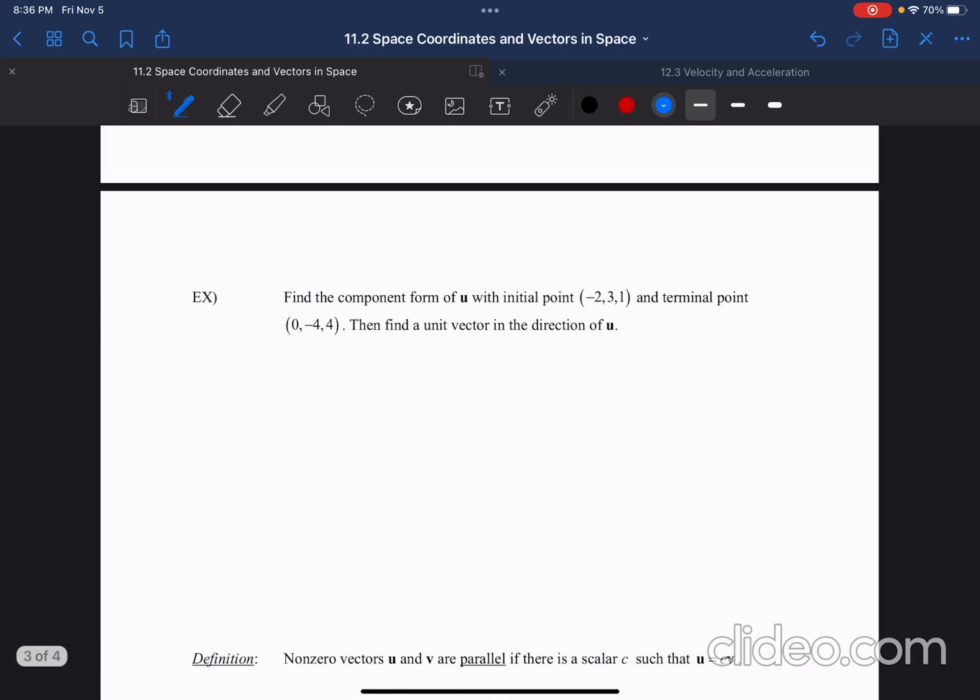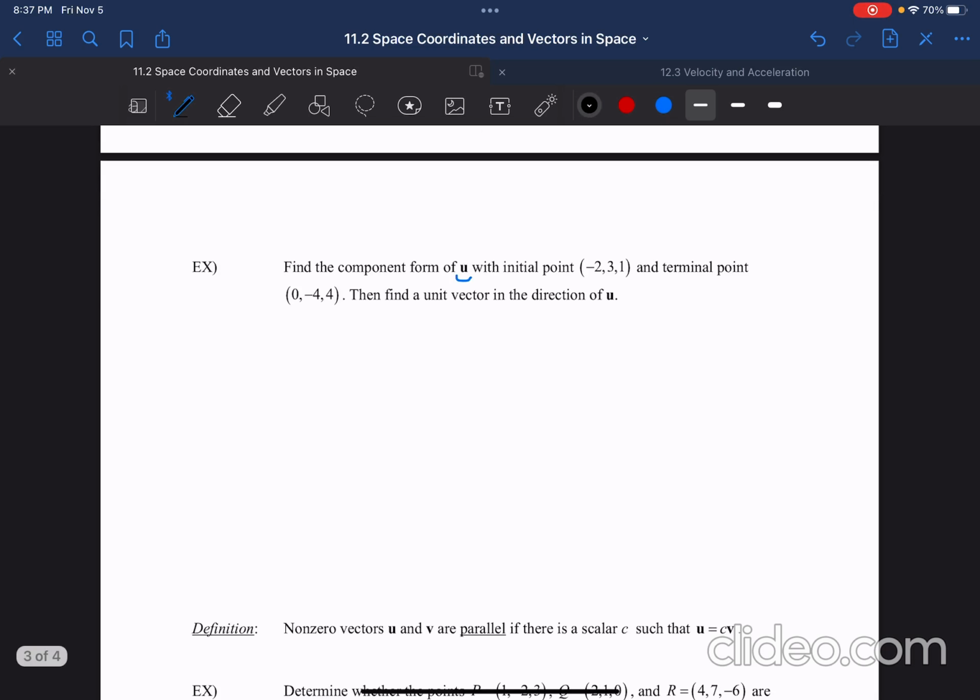So here it says, find the component form of the vector u with the initial point (-2, 3, 1) and terminal point (0, -4, 4). Then find the unit vector in the direction of u. So what you want to do first is find the u vector over here. To make this easier, let's call this point P and this point Q. So P to Q would be